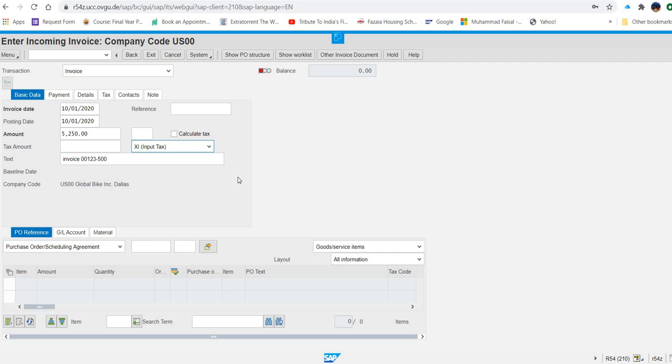Now they are saying, choose purchase order scheduling agreement in the bottom drop down list and enter your PO number. So where is the bottom drop down list? This is purchase order scheduling agreement. Okay, and here they are saying you have to enter your purchase order number. So what was my purchase order number? 45 and 5 times 0 and 665. Now after doing this, they said you just press enter.